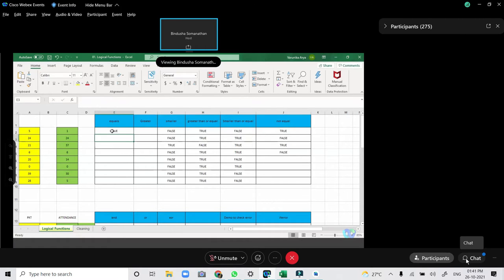So it returns true. It will not return any number. What we are doing here is comparing A2 with this particular expression, and it says A6 divided by 4. The answer of A6 divided by 4 is 5, which equals the value contained in A2. Understood? Any doubts with this?